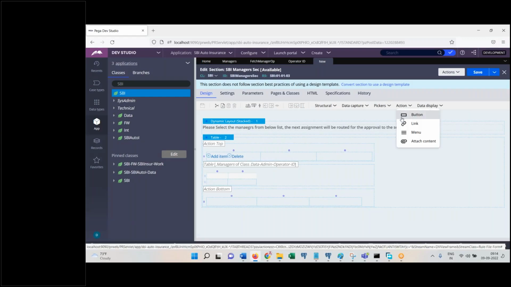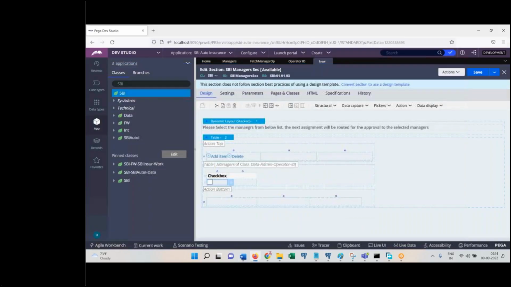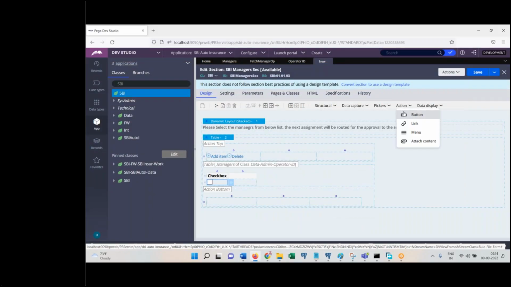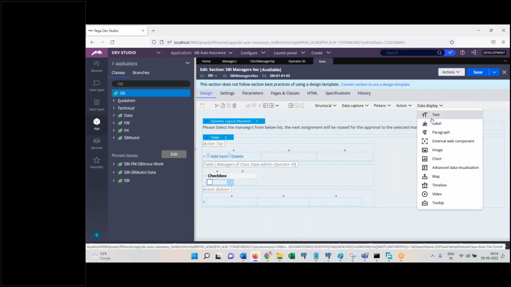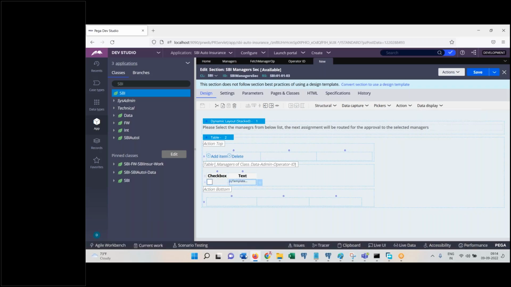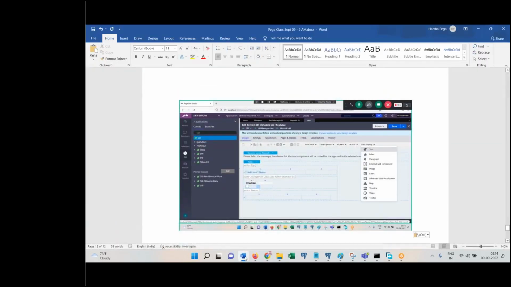Checkbox. What is the first one? Checkbox here. And what about the next one? Data display. You can choose text. Simply choose text. Okay, this is what we have. Map the controls to